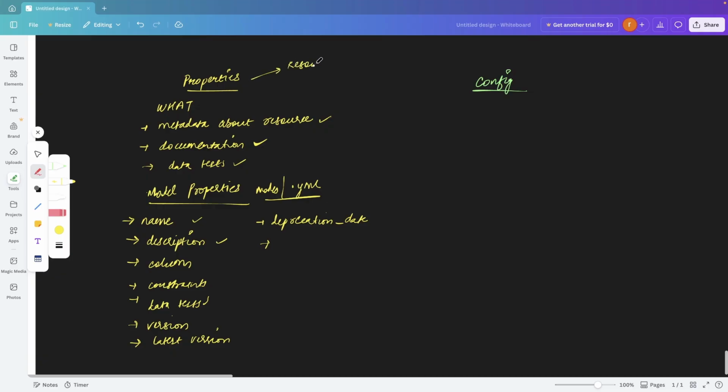There are resource specific properties, and there are general properties which apply across all the resources. Similarly, config can also be of different types. First is resource specific config, second is general config, and the third one is